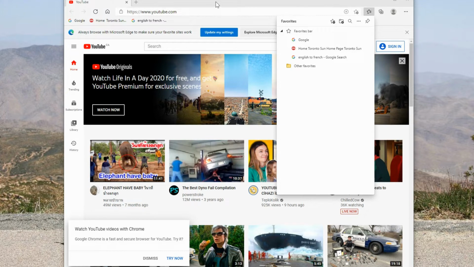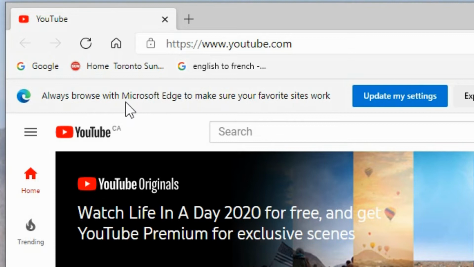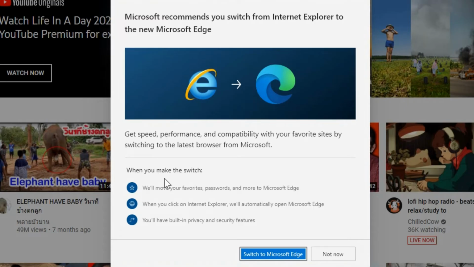Now it's also telling me a notice up here to always browse with Microsoft Edge to make sure your favorite sites work. And you can update your settings here. This says here that it's going to automatically move all your favorites, passwords and everything, and they didn't have that earlier, so this makes it a little bit more convenient to move your favorites and passwords and all that stuff.